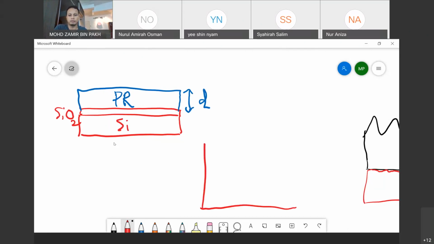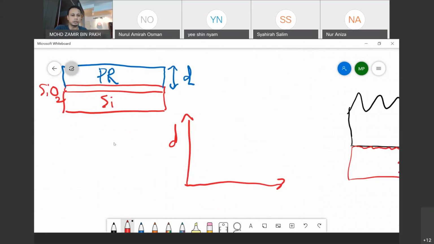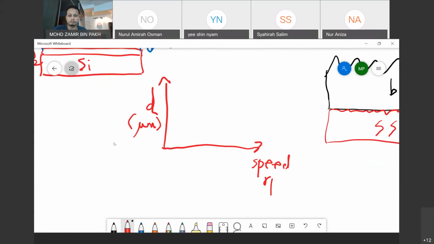To be able to spin the resist, we normally follow, well, this is what I did last time when I was the equipment engineer for the track system. This one is D, say in microns maybe, the thickness of your photoresist. This one will be your spinning speed, RPM, revolutions per minute. If you spin your resist at a low speed, say 500 RPM, 1000 RPM is considered low for the coating process, usually you're going to end up with a very high thickness. If you go for a middle speed, say 3000, you're going to end up with a slightly thinner photoresist thickness. If you go for the highest RPM, say 4000 or 5000, you're going to end up with